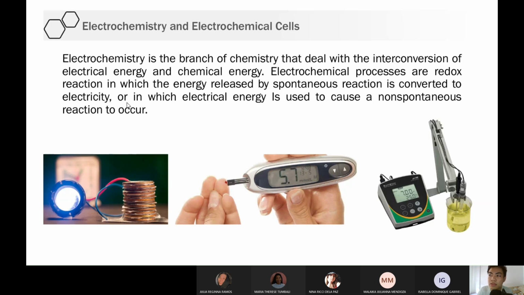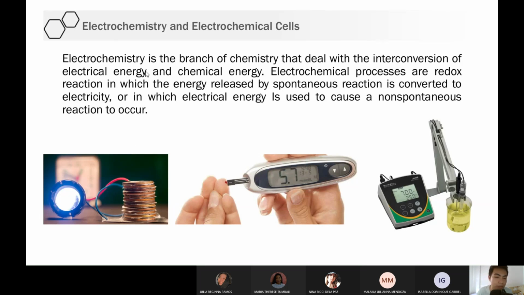Okay? So that means studying electrochemistry is important, no? Because our lives nowadays primarily depend on them. Kasi yung cellphone natin, may battery yun, may mga chemicals yun that produces electricity. Our laptops, no? Our power grid, no? So basically, lahat ng mga bagay sa paligid natin na may battery, it is run by the concept of electrochemistry, no? Okay.